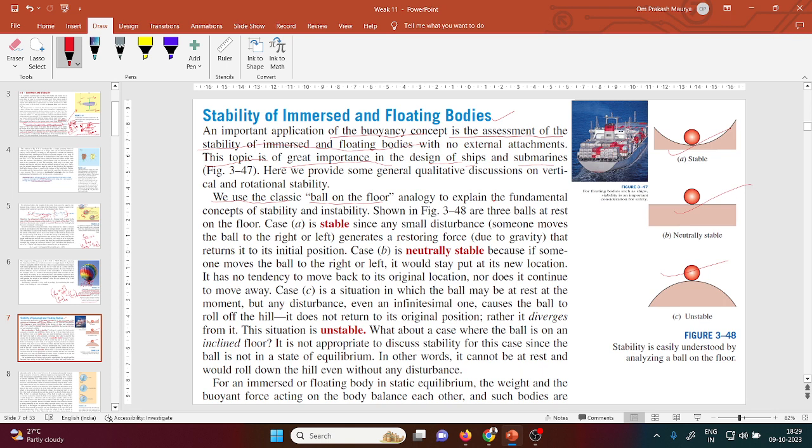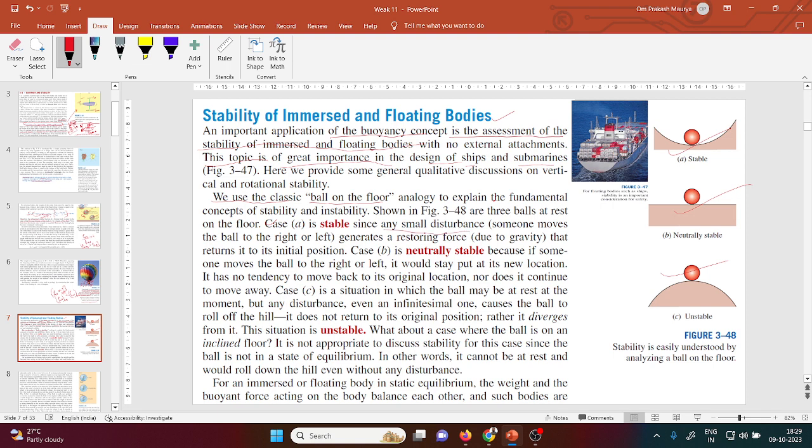So it explains the fundamental stability criteria. In the figure, there are three balls at rest on the floor. Each ball is initially at rest. The first case is what is written here, this case A, B, C. Here, case A is stable since